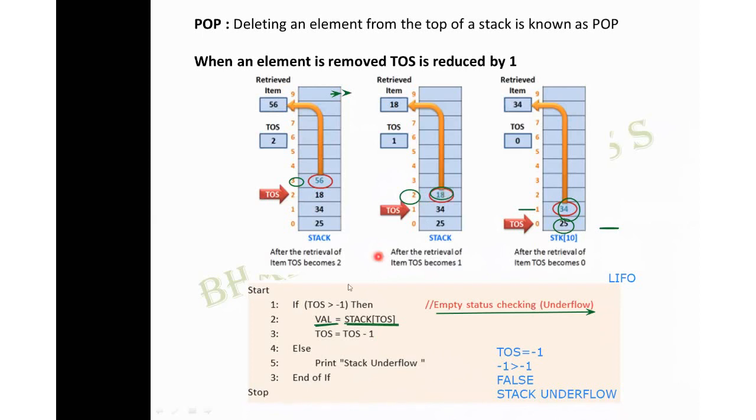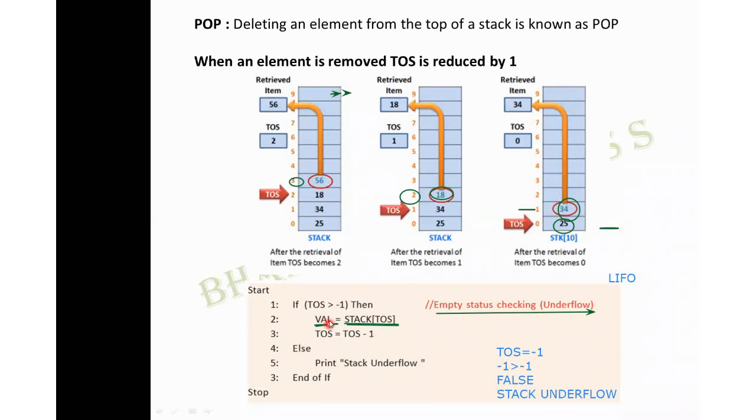Here also you have values. It is checking whether it is greater than -1. Yes. So what happens? It will retrieve the value. The value at stack of TOS is taken and assigned to the variable known as val. Like that it will go on retrieving the values from the stack. After one particular stage, the 0th position of the array is also done. After that, if you give 0 minus 1, what is it? It becomes minus 1.